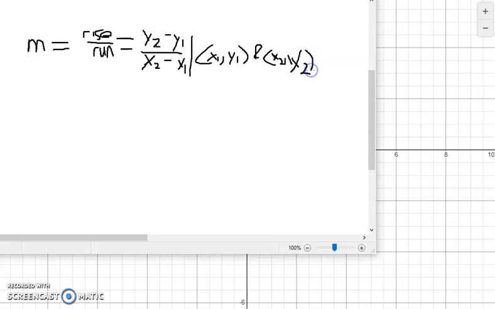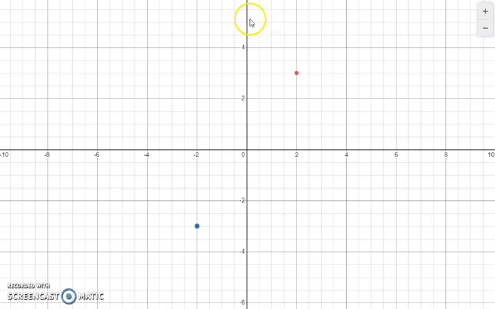So that's how you determine the slope of a line. Slope can be positive or it can be negative. Slope is positive if x and y are both increasing, or they're both decreasing. But if y is increasing as x decreases, or vice versa, then it's a negative slope. You can also have a zero slope, and an example of a zero slope is going